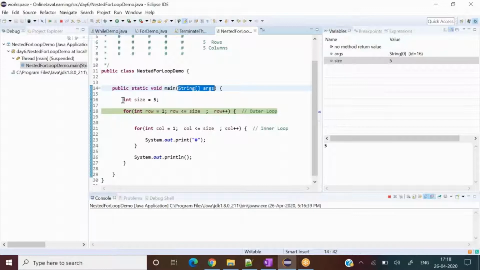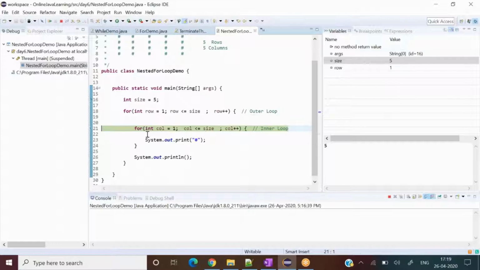Size, you understand, because we have defined this, right? Row we have defined as 1. As soon as I press F6, it brings row into the picture as well. When you press F6, it doesn't go to line 18, it goes to line 21. It went to line 18. From 18 I did not write anything in 19 and 20. That's why it came to line 21.